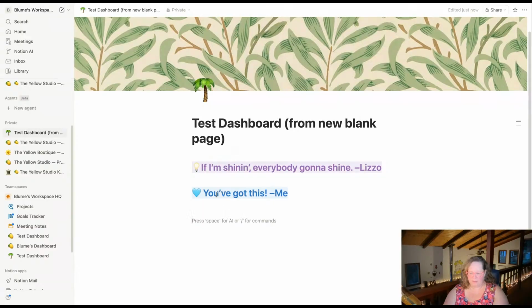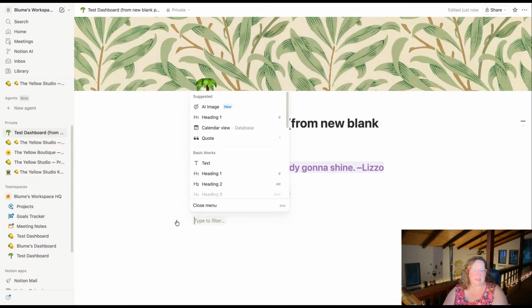Okay. So now the next thing I added to my dashboard, I needed to have to-do lists. I needed to have different to-do lists for different topics so that on a day that I'm working on the Yellow Studio, I can go to the Yellow Studio to-do list. On a day I'm working on client work, I can go to my client to-do lists, the different lists for them, whatever list I'm working on. If it's a Sunday and I want to work on some personal stuff off my list, I can go to my personal list. So first I'm going to hit the little plus again,